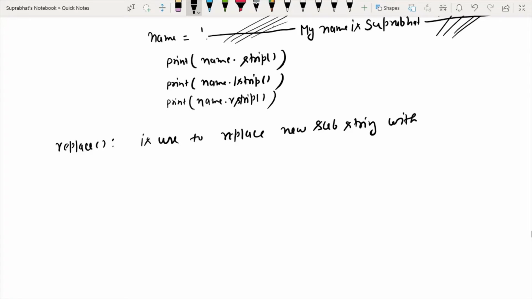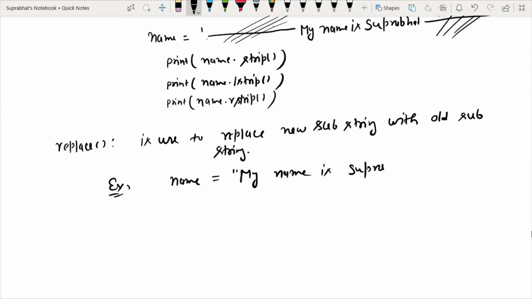For example, suppose I give my name as Suprabhat here.